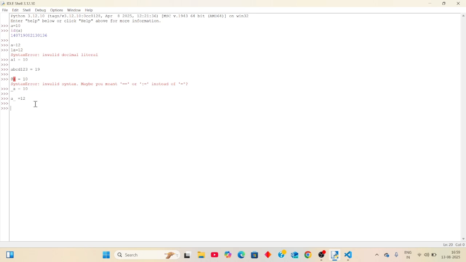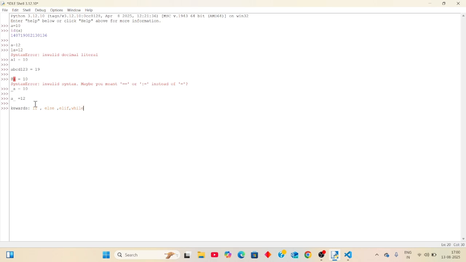Keywords are special words, called reserved words, which have a specific function in Python. Keywords are things like is, as, and so on.